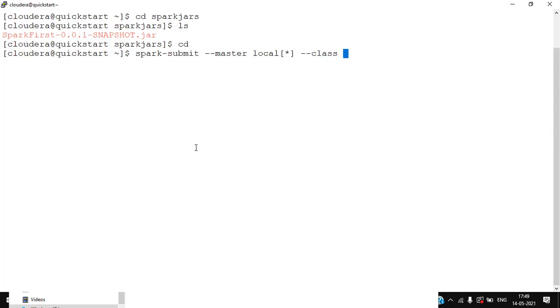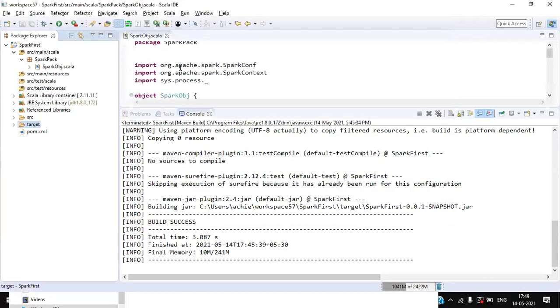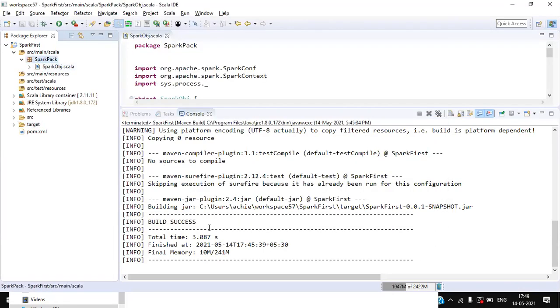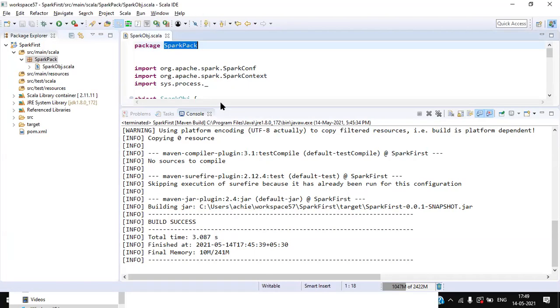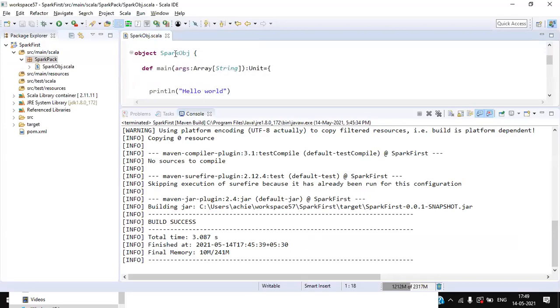Here is the place you need to give package.object, which you created in your Eclipse. Go ahead to the Eclipse if you want. Take the package, Spark pack. This is the package, and this is the object. What is the object name? SparkOBJ. You can give anything. The one which you created, that matters.